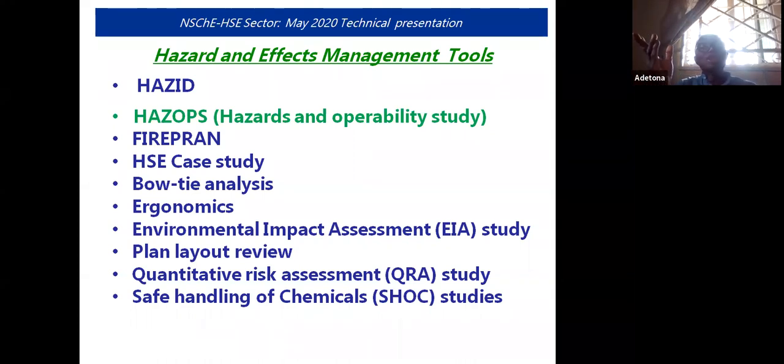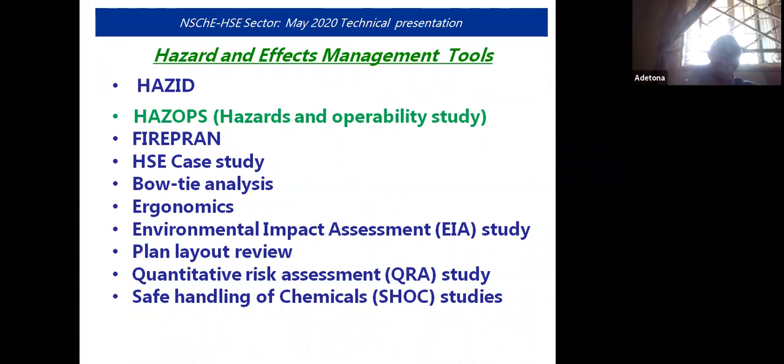HSE case study looks at the specific hazards and comes up with all kinds of serious incidents we can have, carries out mitigations, and puts mitigation in place to be done on each of the units and equipment. Both are analyses. Ergonomics has to do with how equipment is handled and how human beings operate the